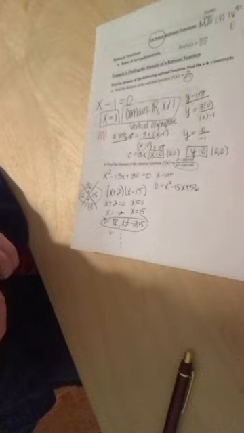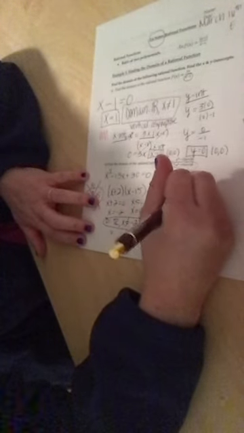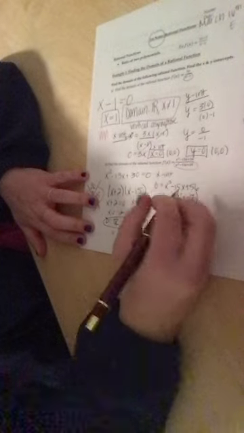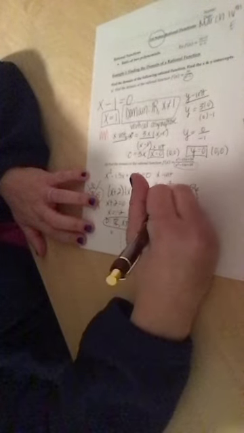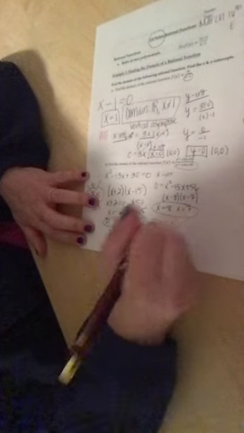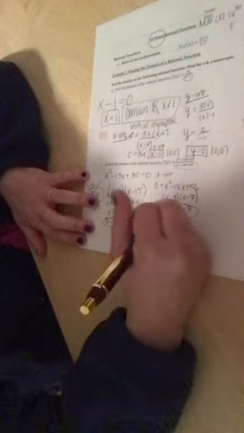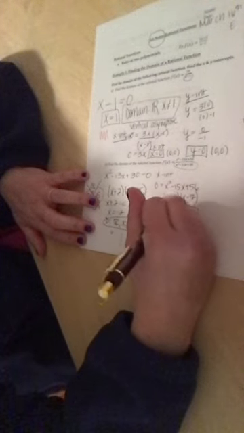Looks like it's going to be 8 and 7. So we're going to have (x minus 8)(x minus 7). They both need to multiply to positive 56 and add to negative 15. If we set those both equal to 0, we're going to get 8 and we're going to get 7. So we have two x-intercepts. And then our y-intercept, if we put 0 in for x,